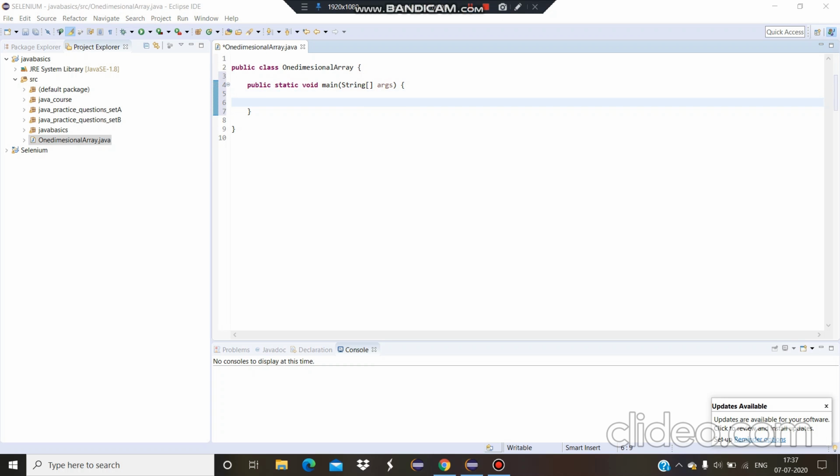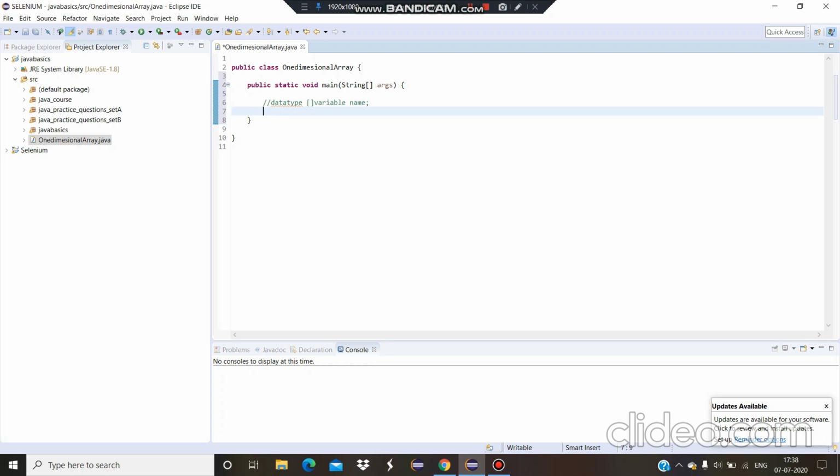So now we will see how to declare a one-dimensional array. The syntax is, I will write the syntax first. So data type, array symbol, then a variable name. So this is the syntax for declaring an array variable.